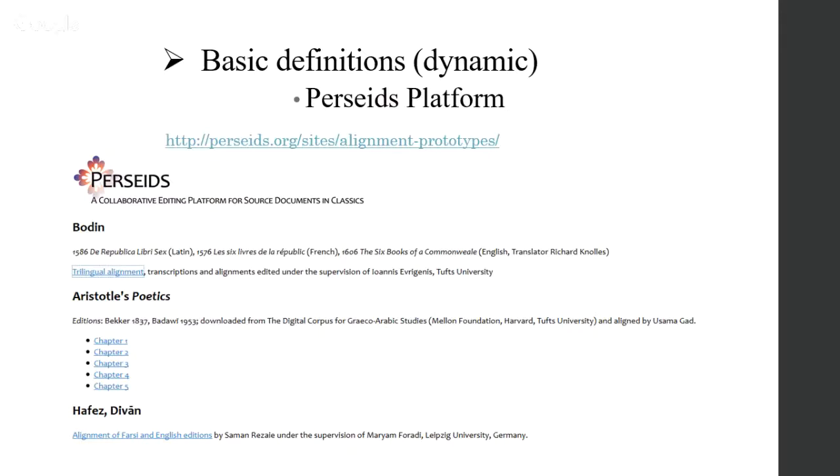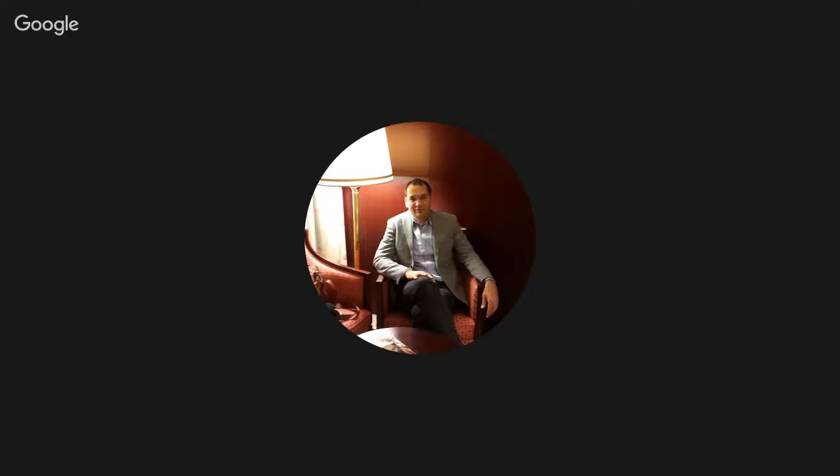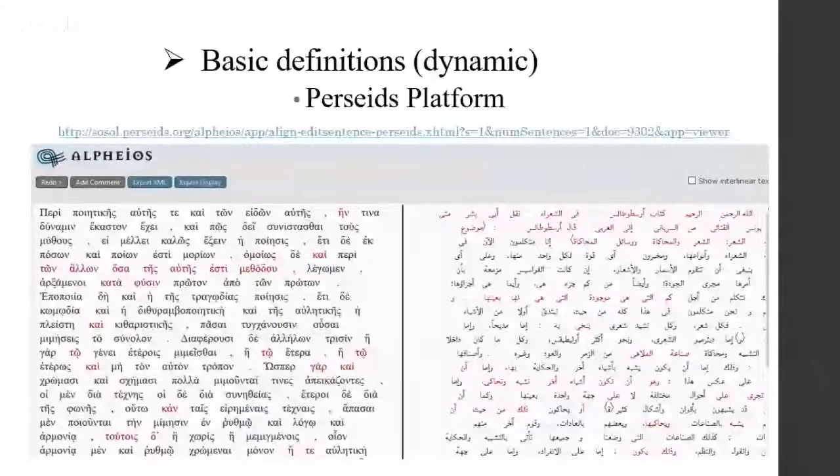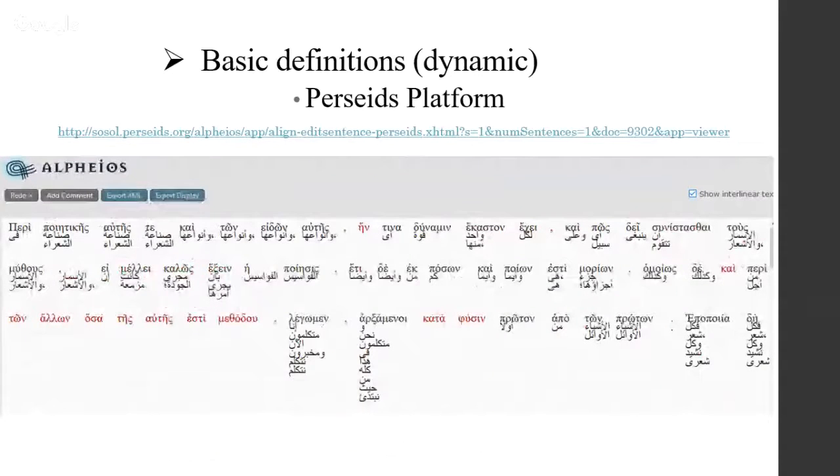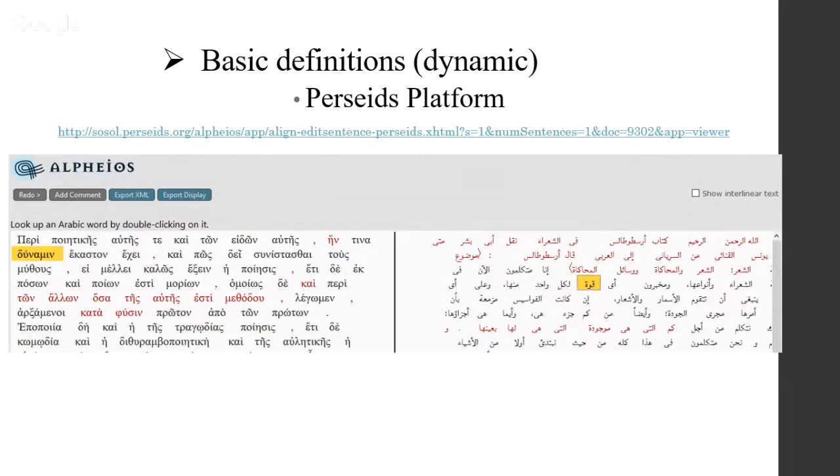So if you click on chapter 1 of my translation alignment of Aristotle Poetics, you will have this view. So you can view the two texts, the Greek text on the left side and the Arabic one in the right-hand side. But as I told you, it's dynamic. You can change the display of this, not opposite one another, but interlinear, in which you could see which word is aligned with which word. Also, you could click on the Arabic or the Greek word and see what is the equivalent in the text.